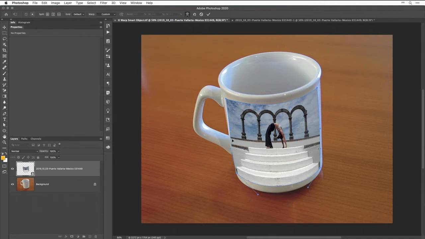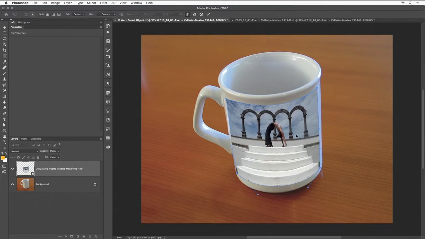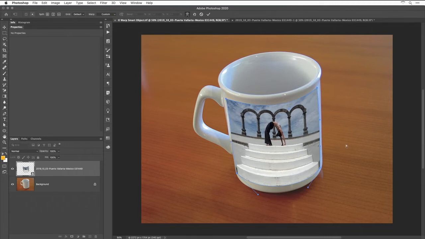I can also click on the left edge and pull it in or out if needed to bend it. And near the right edge as well if I needed to fine-tune it. But I'm just trying to get this to look like a reasonable idea of it being bent in here. You can also click in the middle and drag up and down if you need to reposition a portion of it. Maybe about like that. Then I'll press Return or Enter,